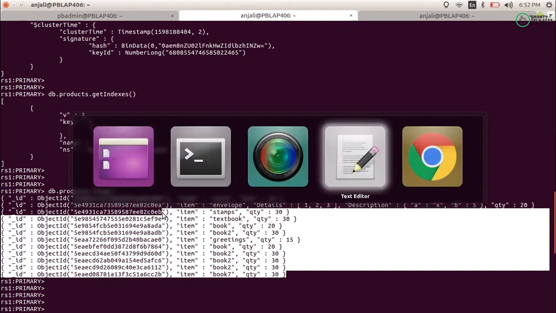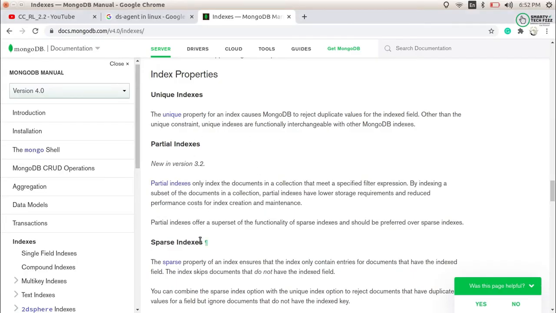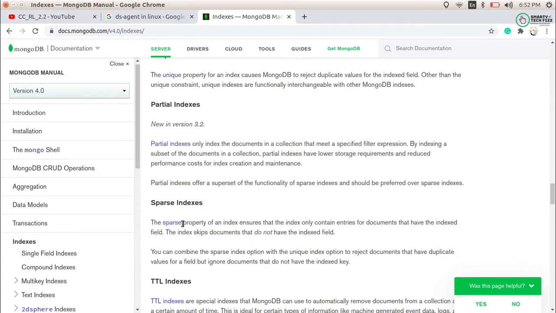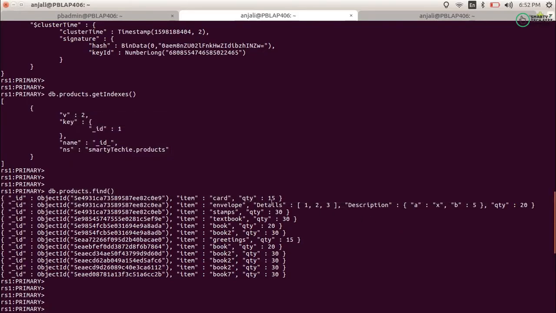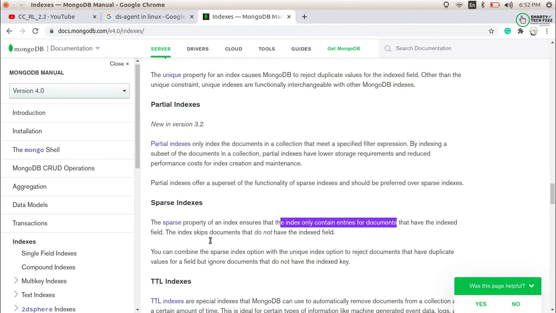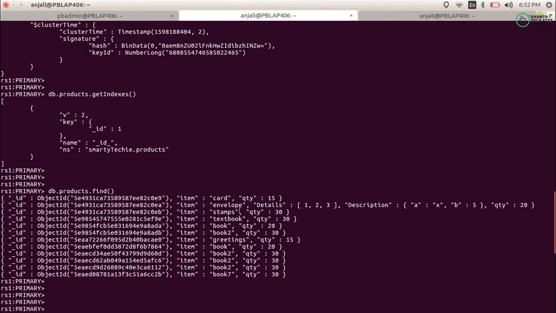You can see the documentation provided by MongoDB. It says that sparse is a property of an index that ensures that the index only contains entries for documents that have the indexed field. We have an indexed field here, details.